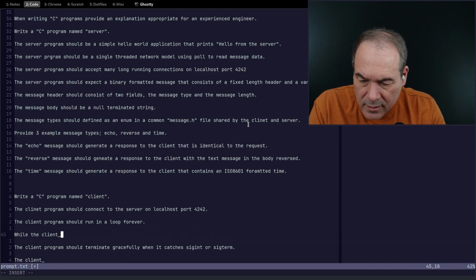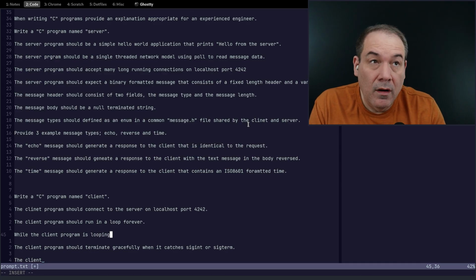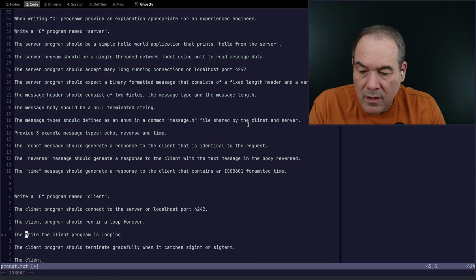While the client program is looping, the client program should randomly